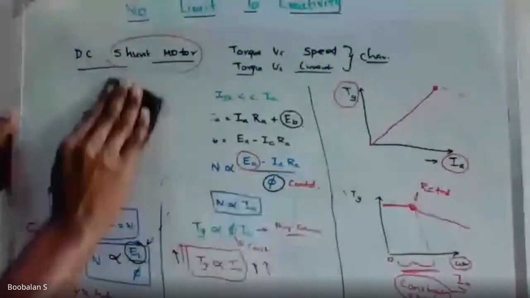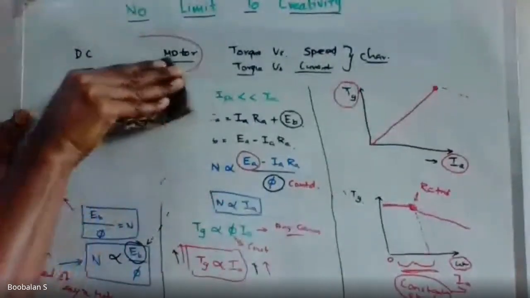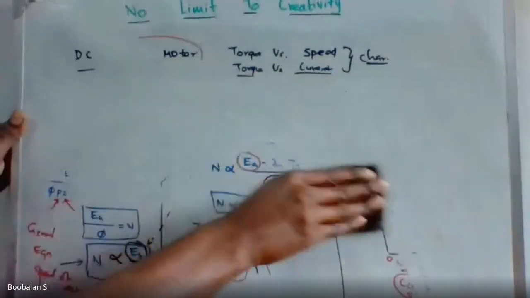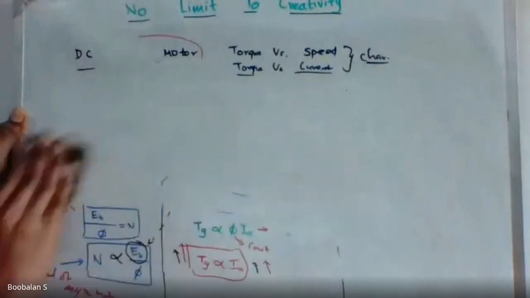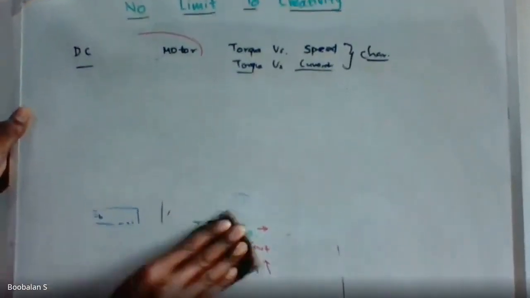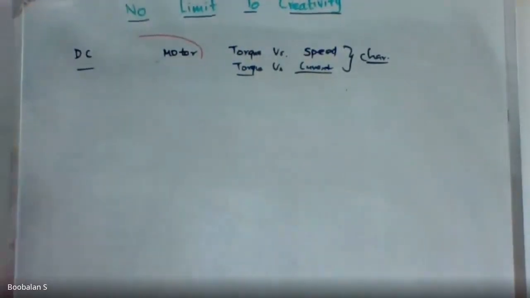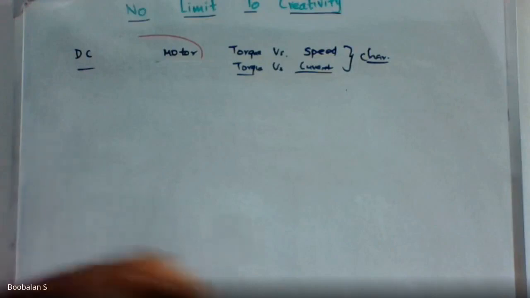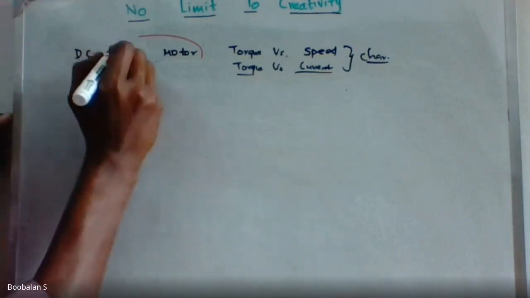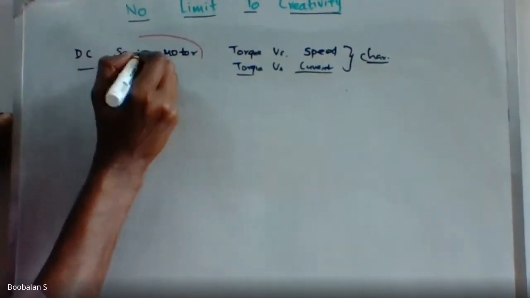The second type of motor is called the DC series motor, right? Each and every motor has its own individual character. That's why we're going to move on. In industry, different types of mechanical loads are available: water pumping, rolling mill, cutting, cranes, trains, electric vehicle, electrical car. Every application has its own torque generation. For that purpose, we choose a particular motor for different applications, right? That's why we need to discuss different types of motor characteristics. So now we are going with the DC series motor.